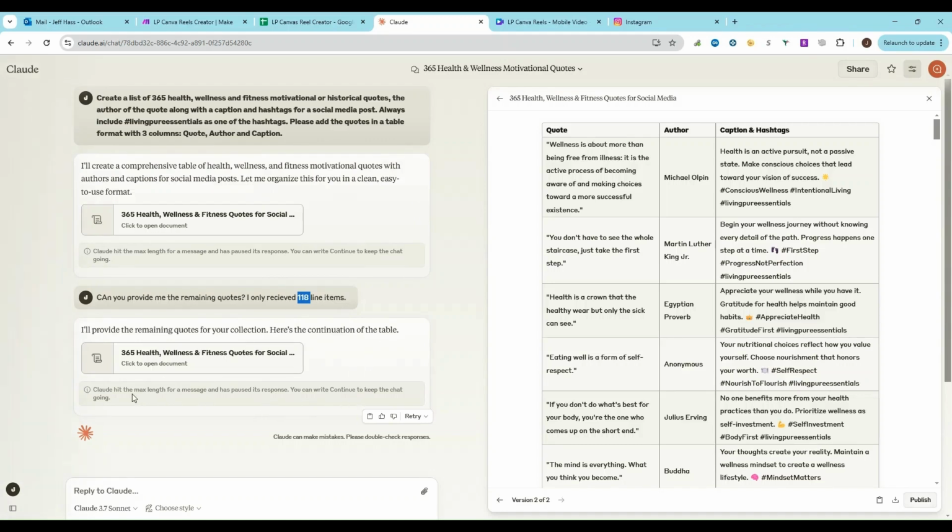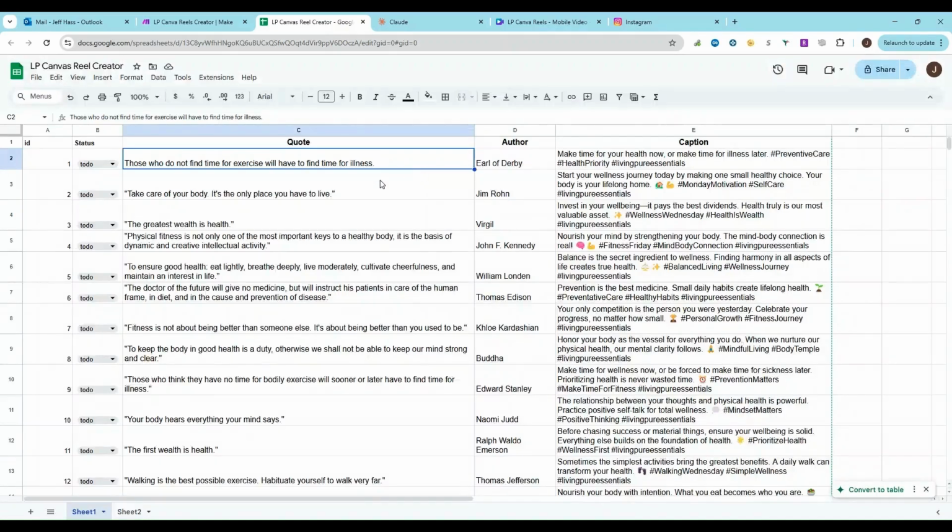Oh yeah, it looks like it's hit the max length for a message and paused its response. So it looks like it paused out or crashes out. Anyways, as you can see here, let's go over to the Google Sheet now because I already cut and paste